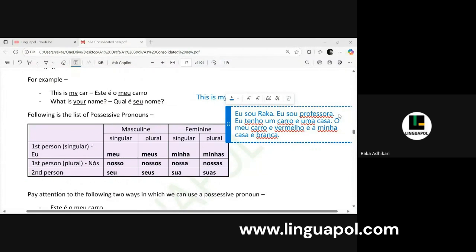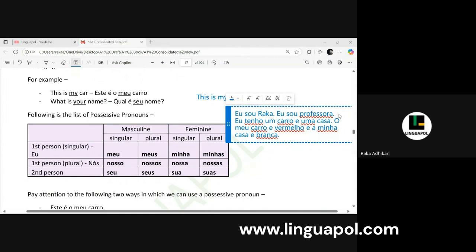Unless we can identify the gender of the subject, the gender of the word, we don't know which pronoun to use and we'll end up using the wrong pronoun. So in light of this, I want to remind you that revision is very necessary at every step, because grammar is like steps. If you have not done step 1, then you cannot go to step 2. Step 2 will be wrong. So please make sure that you revise everything.